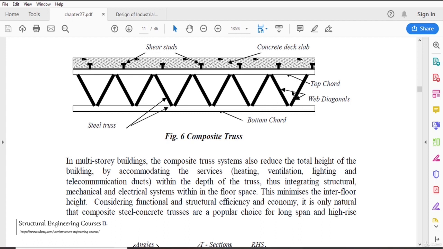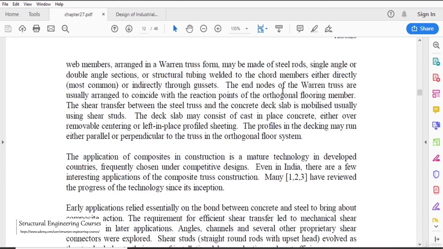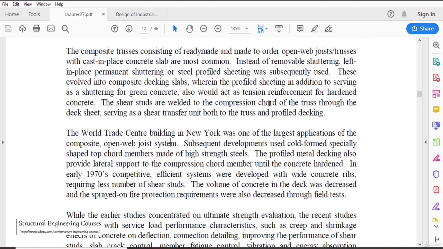So if you are interested in the design of the joist, you can just Google it. You can also get various ready-made practical examples of the design of a structural steel joist. So in the World Trade Center, the system that was used was the open web joist system, considering the composite